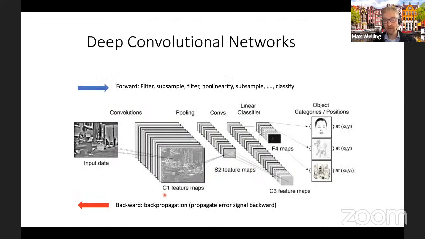Okay, so a little bit of a background slide on deep convolutional neural networks. I hope most of you know about these, but just to get everybody on the same page. In a convolutional neural net, we start off with, let's say, an image. It's a whole bunch of pixels sampled on a grid. And then we have a little filter, which we apply at every position. We slide it over the input image, and we filter the input image into